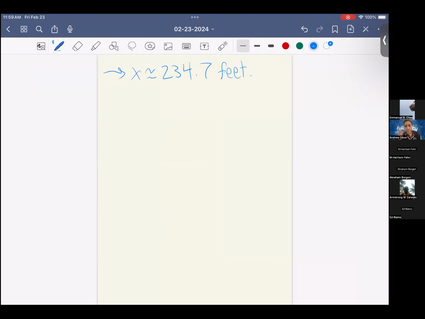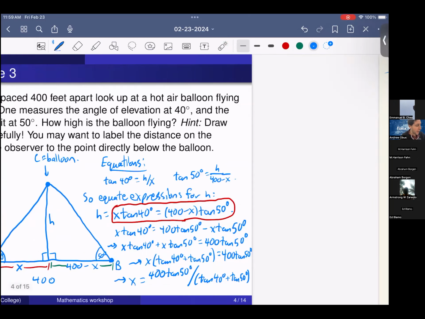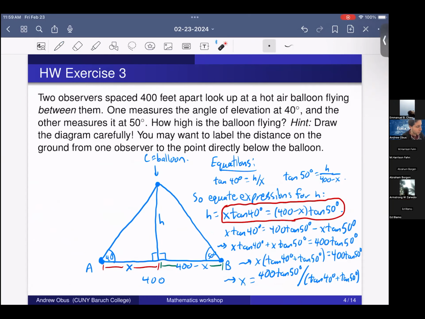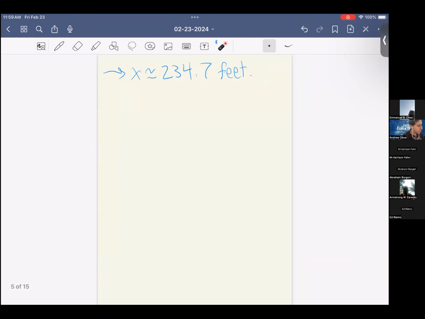So now we just need to remember that the question that we want to solve is not x. It's good to know what x is, but what we really need to know is h. But the good news is that we now have an equation in terms of x and h. So once I know what x is, h is just going to be x times tangent of 40, right? We have this equation already. So h is equal to x times tangent of 40 degrees, which is equal to 234.7 times tangent of 40 degrees,